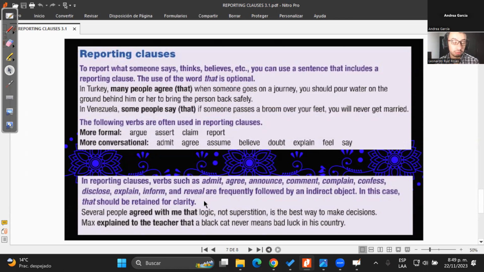You would say, for example, my grandma confessed to me that she blah blah blah, if you want to express that it was specifically to you. But if you don't want to do that, no problem. You could say, my grandma confessed that blah, blah, blah. It's not necessary to include the object. It's optional and it's possible to do it with these verbs that we have down here. It's not an obligation. Ready?